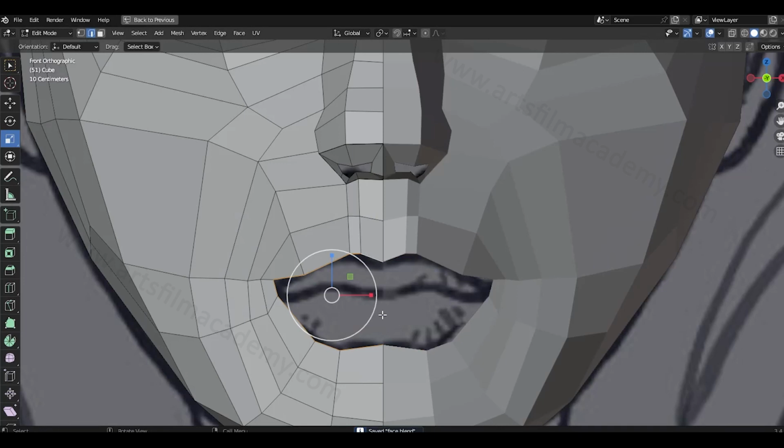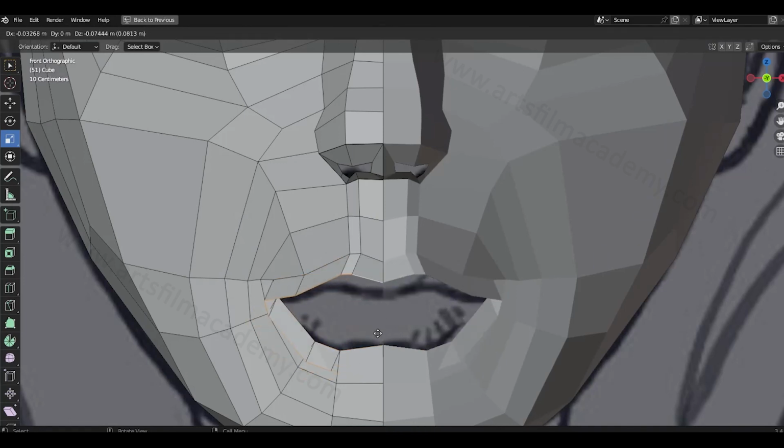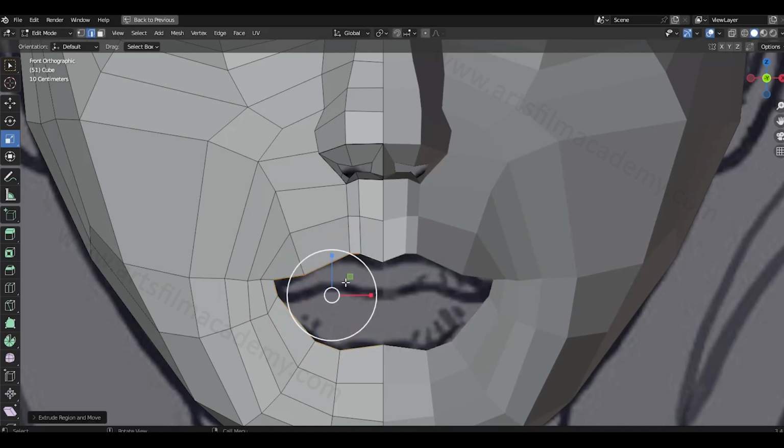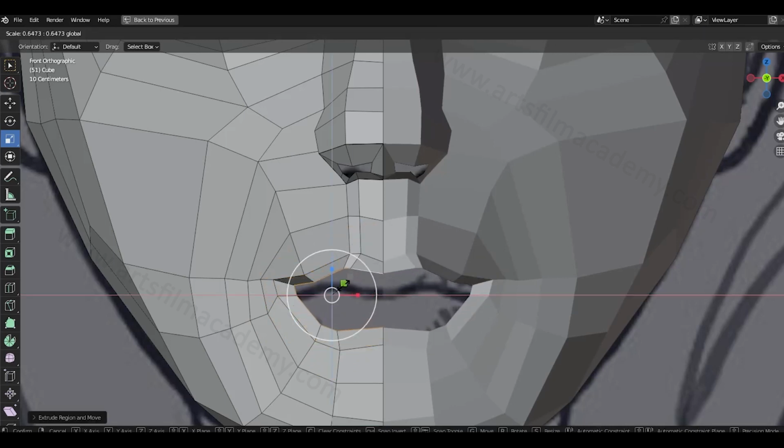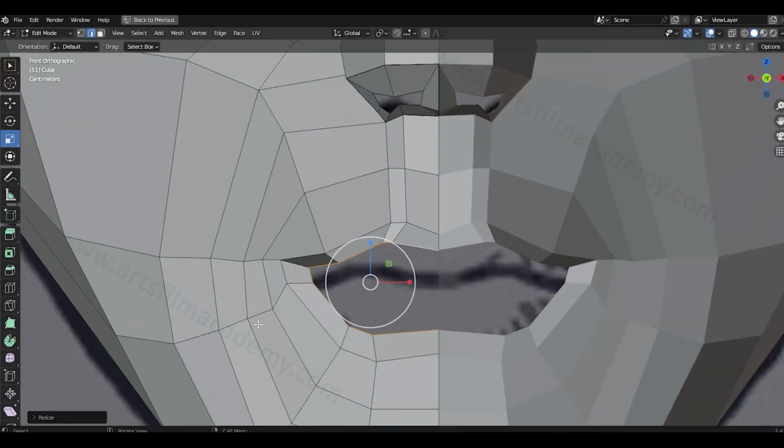Alt click, loop selection, E, extrude, and scale it inside like this. One time extrude, right click and scale. Got it? Just extrude, right click,